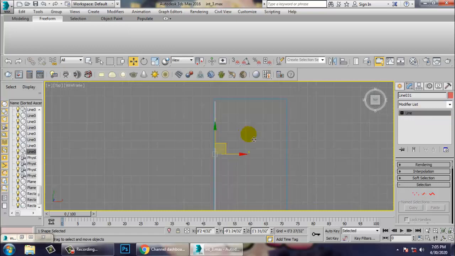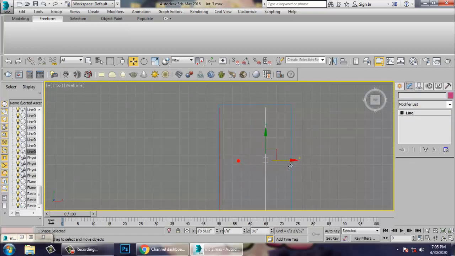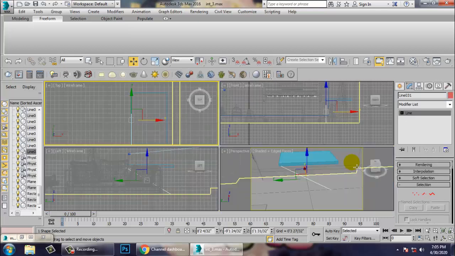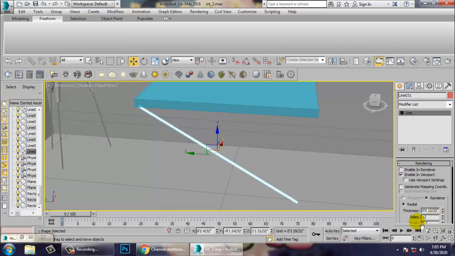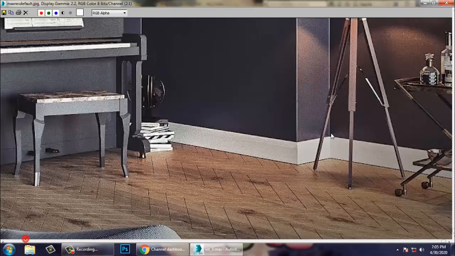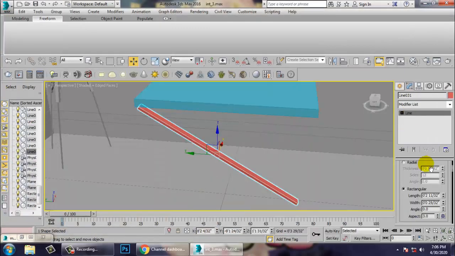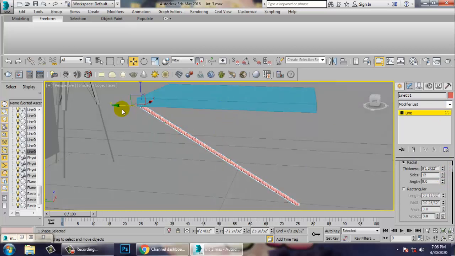Let's go to the top view, duplicate this over here. So before we duplicate it, first let's work on that. So go into rendering, enable in viewport and make it more rectangular, or if you want to make it more radial, we can make it radial, not a problem. So we can just push this up.